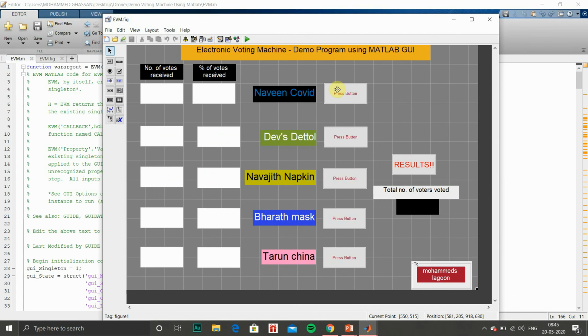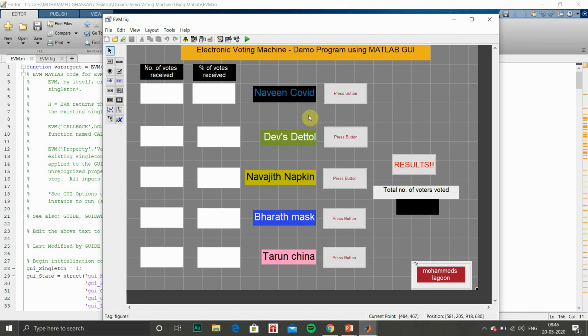Whenever we press this button, it should increase the count by 1. For push button 1, we have to give the instruction Naveen Kovic equals Naveen Kovic plus 1, so that count is increased. If I press this button, the count value of votes for Naveen should increase by 1.